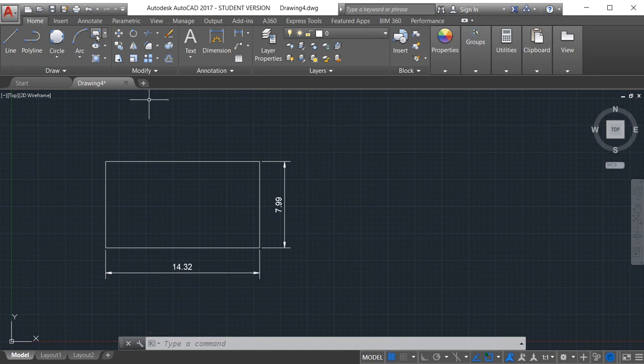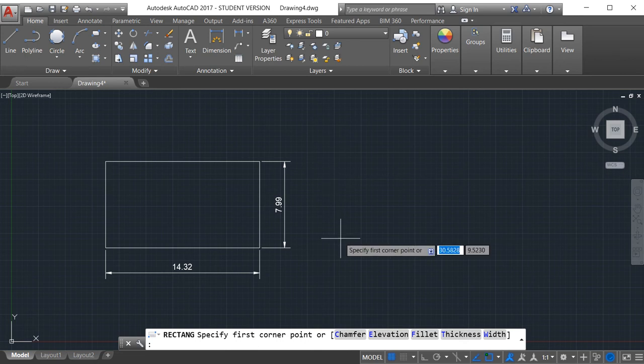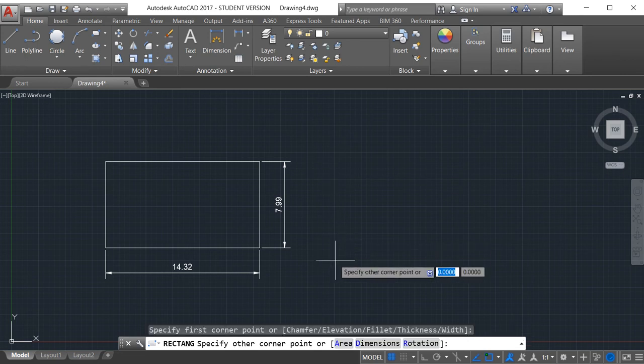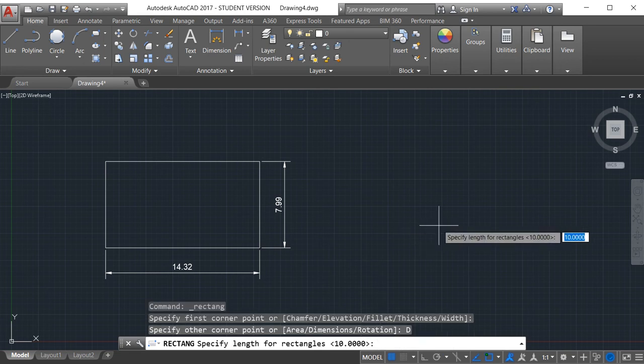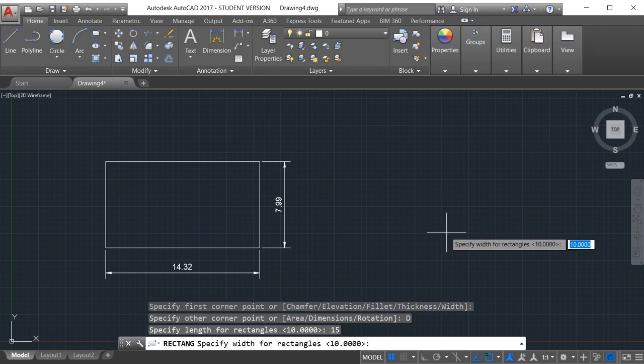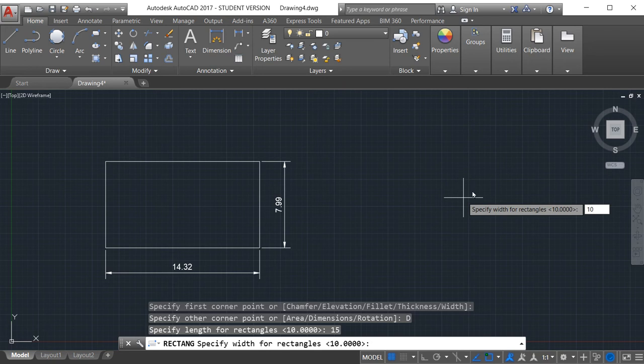Repeat the rectangle command, specify the start point. Now I can draw by using dimensions also. So click on dimensions. I am going to specify the length as 15, enter, and then I am going to specify the width as 10, enter.